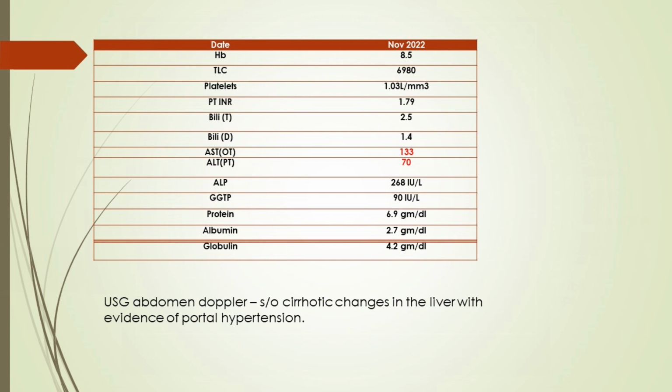Alkaline phosphatase is useful in Wilson's. How does it help you? When a Wilson's is going into liver cell failure, the alkaline phosphatase drops. So there are certain ratios. You look at the alkaline phosphatase bilirubin ratio and all that, but in this child, alkaline phosphatase is normal. So it's not a 100% marker, but this really pointed towards Wilson's as compared